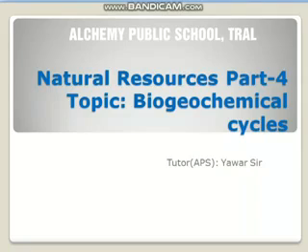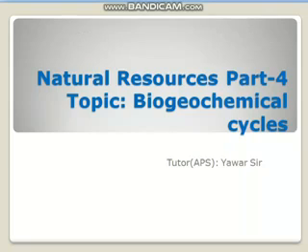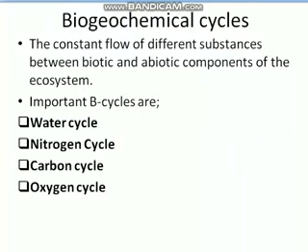Today we are going to discuss biogeochemical cycles. First of all, let's try to understand what biogeochemical cycles are. We can define them as the constant flow of different substances between biotic and abiotic components of the ecosystem. That means in biogeochemical cycles, we study how different substances, be it an element or a compound, are transferred from the abiotic component to the biotic component and from the biotic component back to the